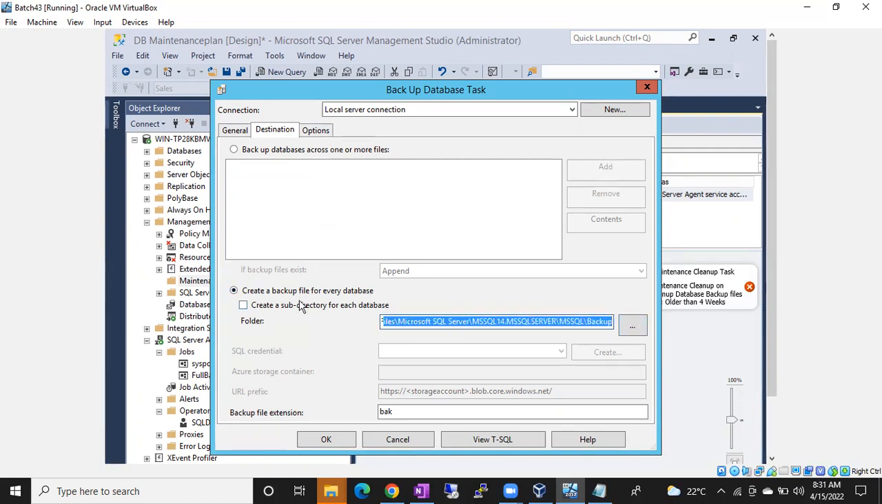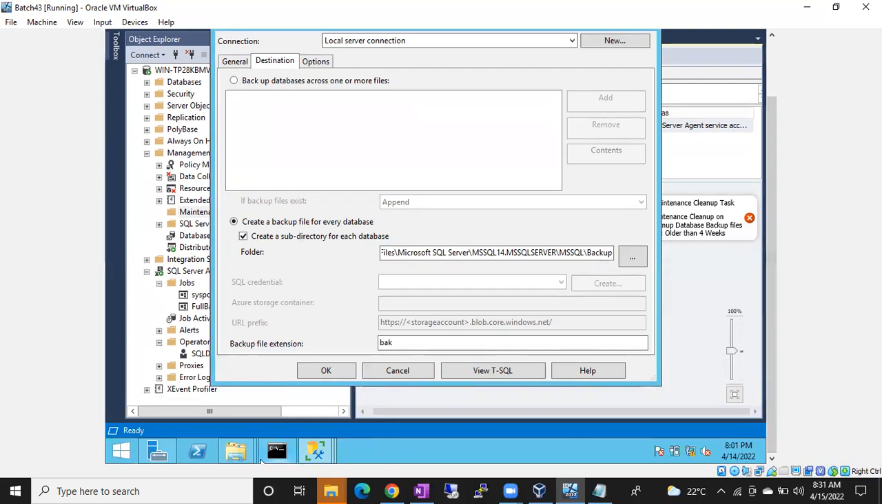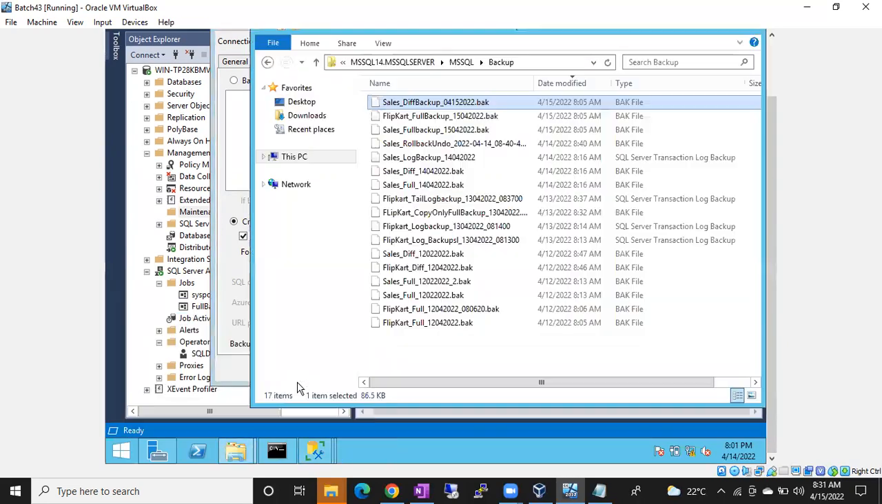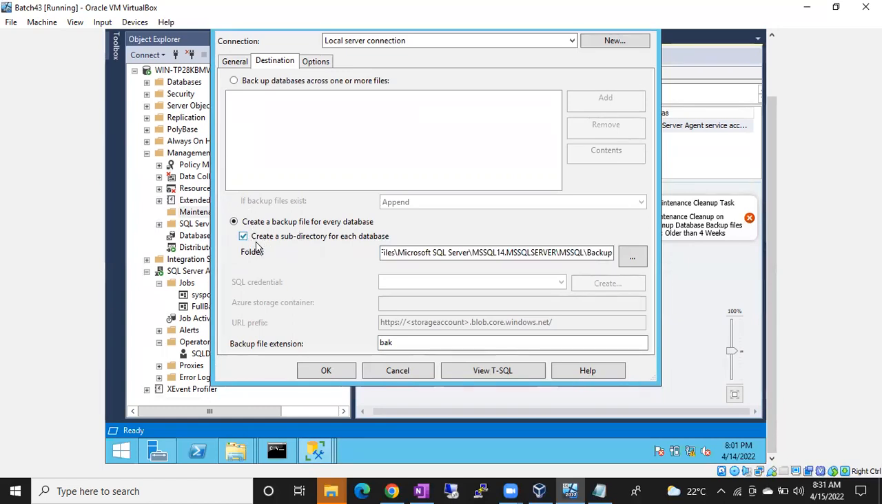What I want to do is create a subdirectory. It will create a folder for each database in this location in the backup folder. Sales database, it will create a folder, and in that folder it will take the backups. Flipkart, it will create a separate folder for Flipkart, and in that folder it will take the backups. Master database, it will create a separate folder. If you choose this option, create a subdirectory, then it will create a separate folder for each database